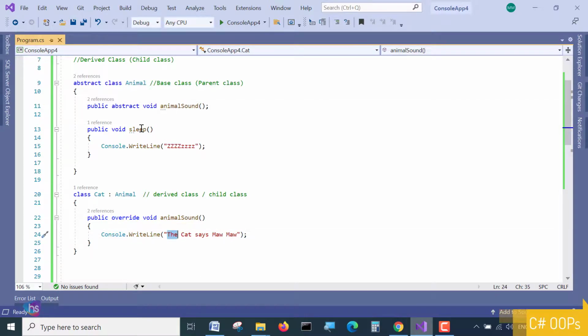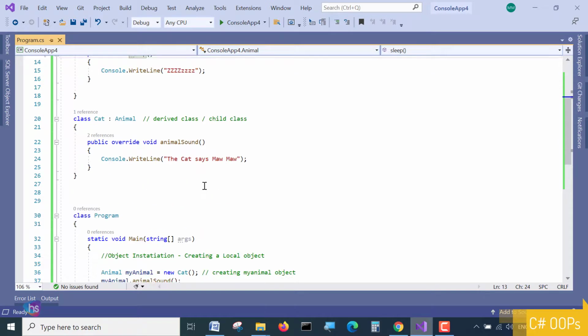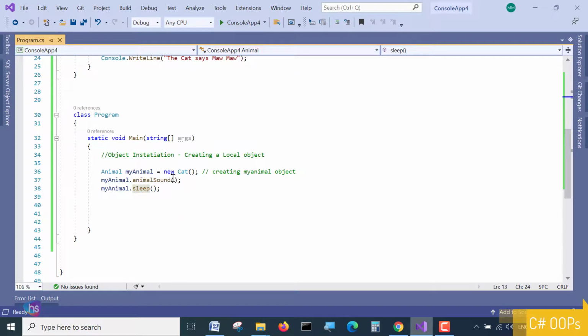Similarly, we call a regular method of the abstract class. By declaring the child class, I am able to call these abstract methods. Access modifiers are also applicable here, so you can try to apply and check with your own examples.